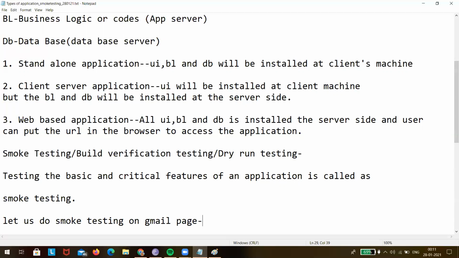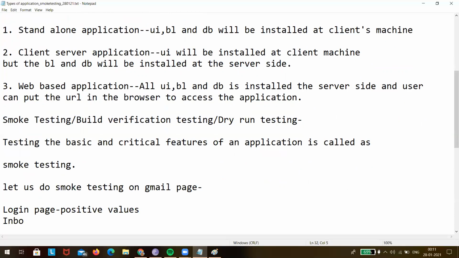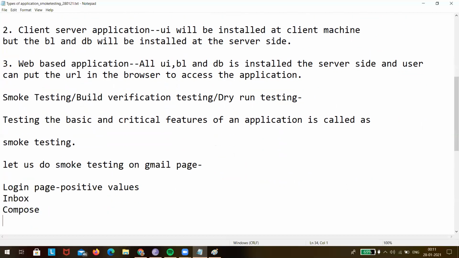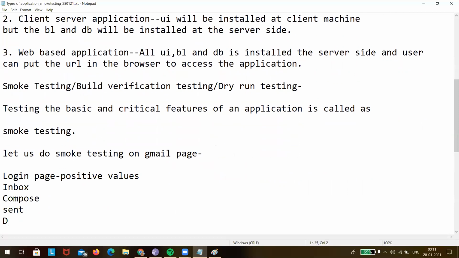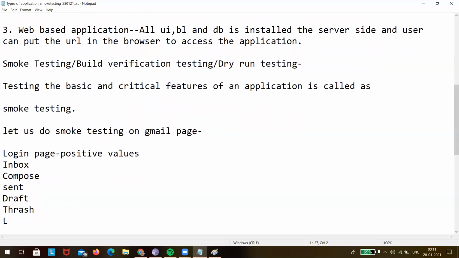We will first test the login page with positive values, then click on inbox, then compose, sent, then test the draft, then the trash, and then the logout. So in smoke testing we only test for positive values.